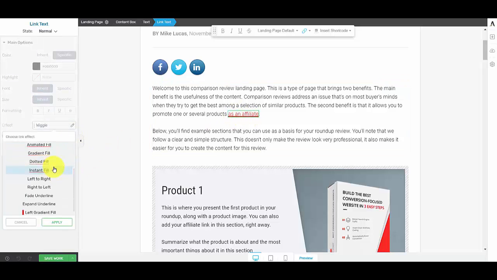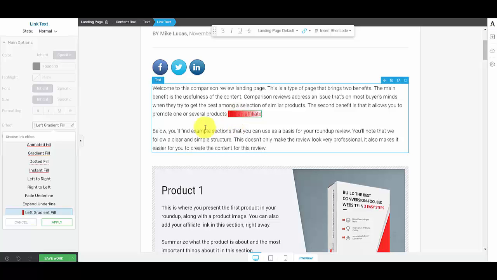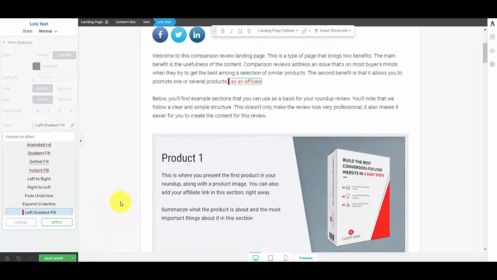we got various options here. Left gradient, you can see there, sample of it, gradient shoots out from the left, and again you can come back up here and change the colour of this animated hyperlink. So I saved that work on the wiggle, so I'm going to come down here and preview it,